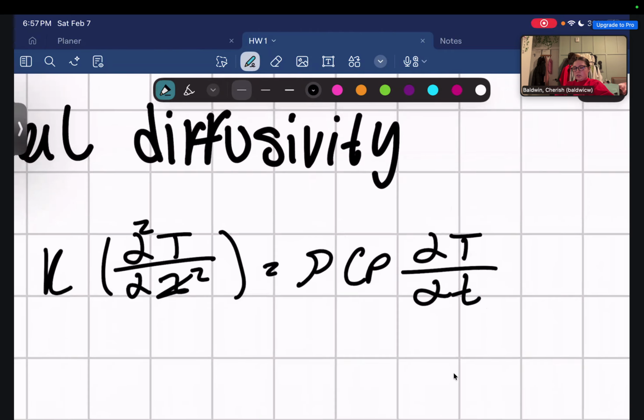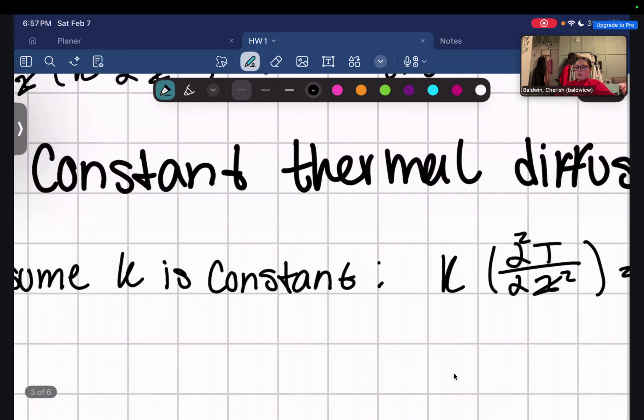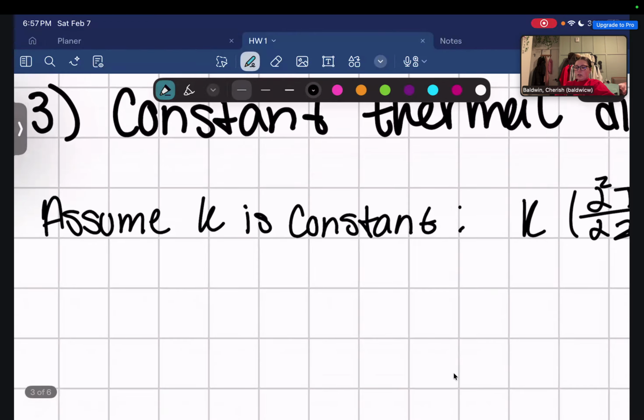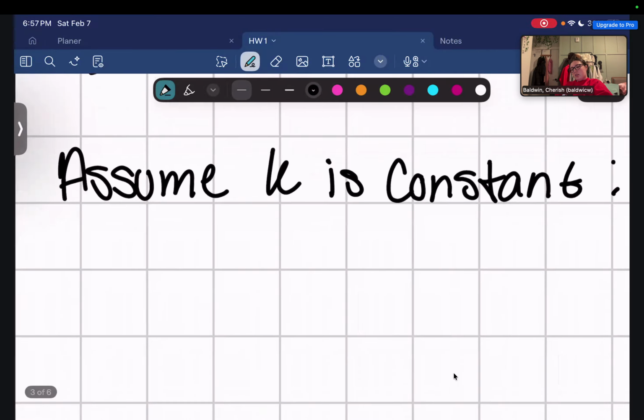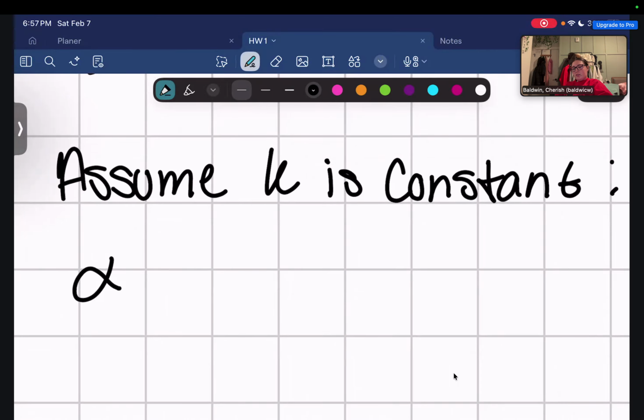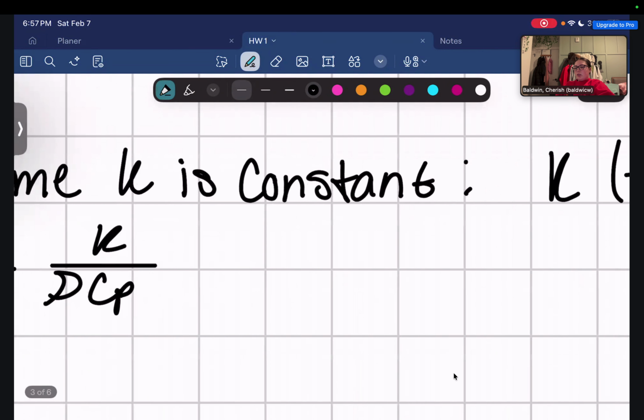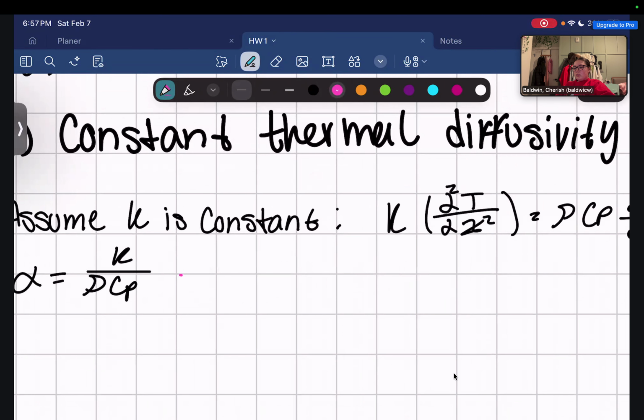All right, so then we recall that K is thermal conductivity, and this is thermal diffusivity, and we recall that this can be calculated by K over density over heat capacity, thermal conductivity over density over heat capacity. We can add this into this equation,